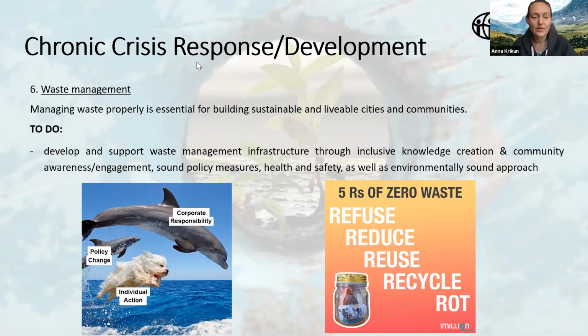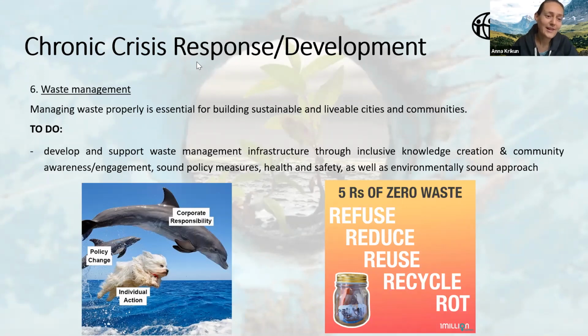I put here two pictures which I like from the NGO from Australia, which is called 1 Million Women, and they work mostly on the environmental issues, but I really like, and I think these aspects we need to consider more in our projects. For example, how do we get to the zero waste? Refuse, reduce, reuse, recycle, and rot. This is a concept that we're trying to pilot in our circular economy projects, and I think more of this should be piloted on the ADRA network level.